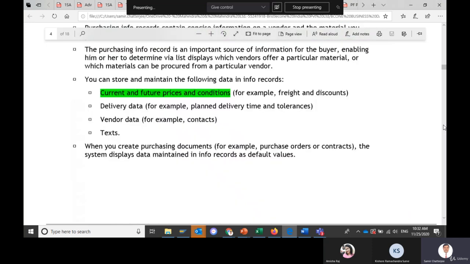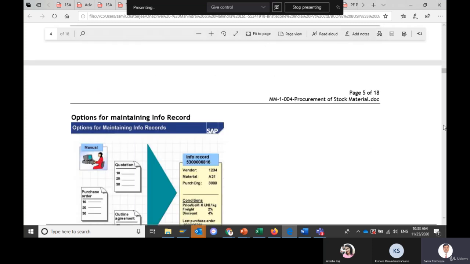Now it has also got some current price, conditions, delivery, vendor data, and others. So we shall create purchase info records, and also we shall display the existing purchase info records, right? So how to maintain the purchase info records